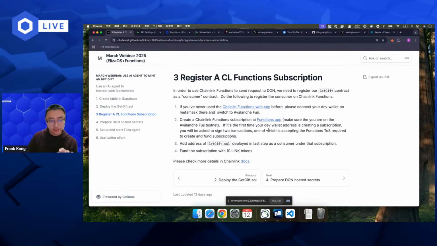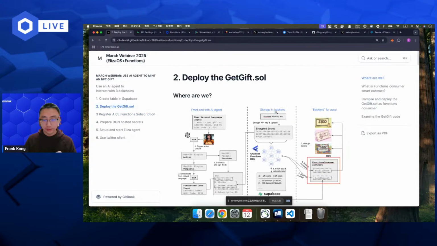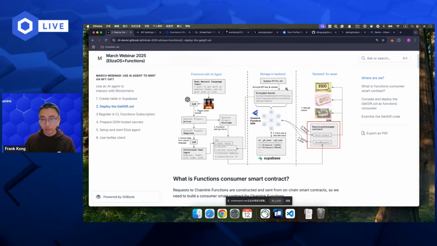Step 3 is a little bit complicated to understand for now, because it's related to the mechanism of Chainlink Functions. As we can see in this part, the storage in the backend, we need to allow Chainlink Functions to send an API call to Supabase.